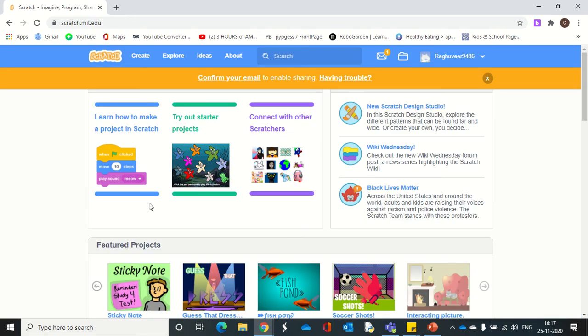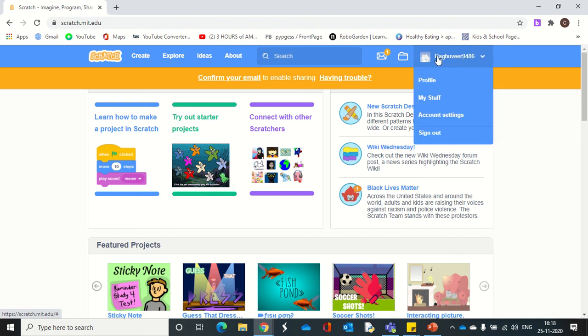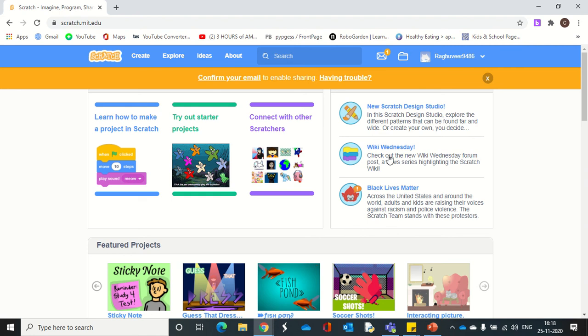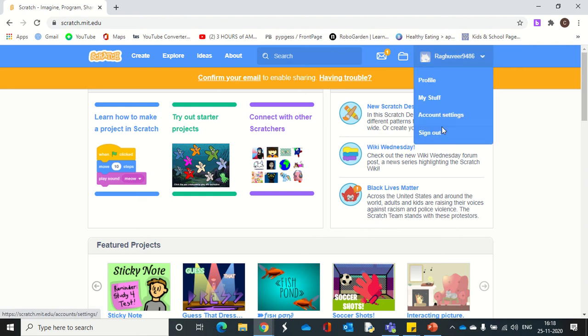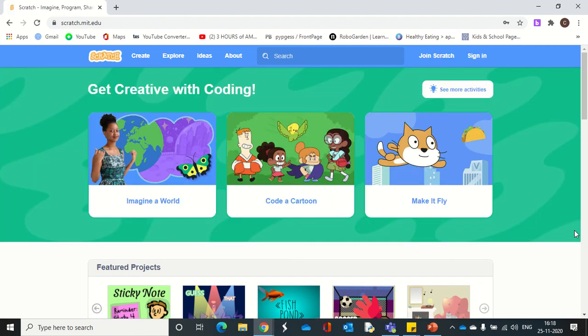So you can see it allowed me to log in. You can see here, this is how you will cross check Raghuveer9486. So this is my username over here. Okay, and whatever work that is saved will be under my stuff. Okay, so once your work is done, once you have created all your clips, what you can do, you can just simply sign out.